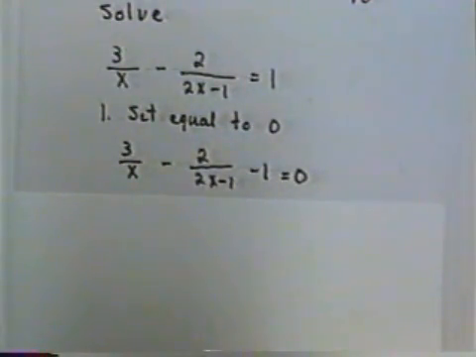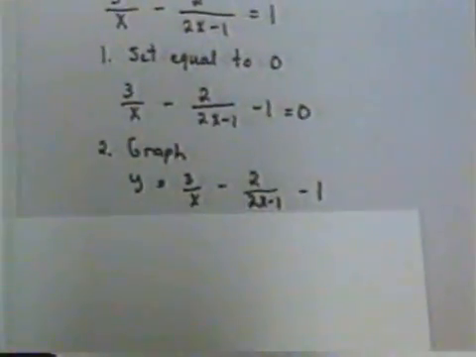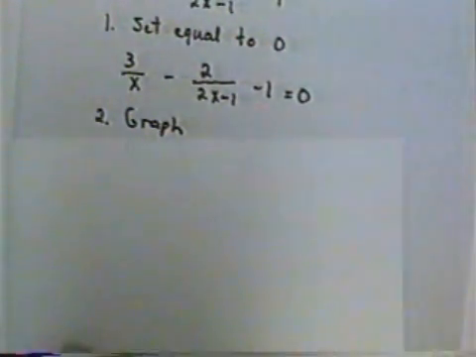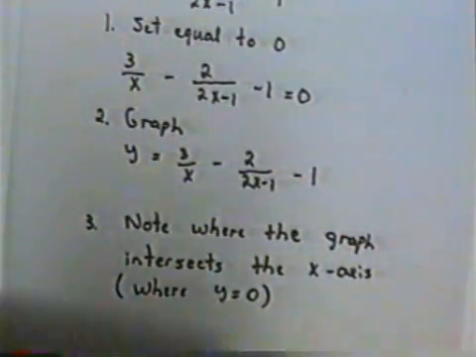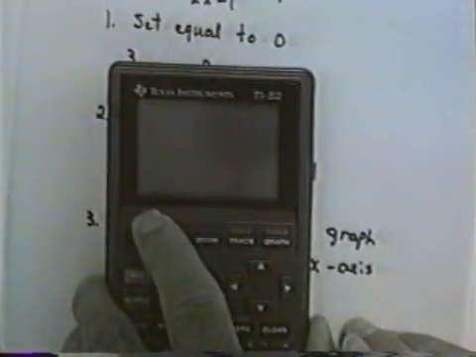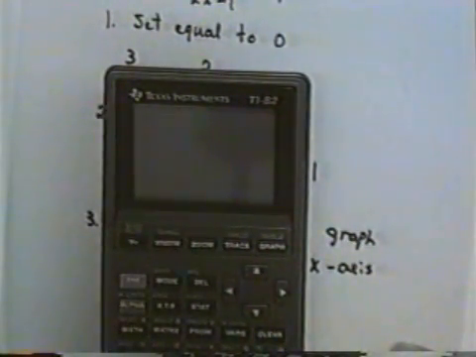Now once I set it equal to 0, then I want to graph the function y is equal to 3 over x minus 2 over 2x minus 1 minus 1. So I want to graph that function. Y is equal to that function. Now to do that, you need to turn on your calculator,